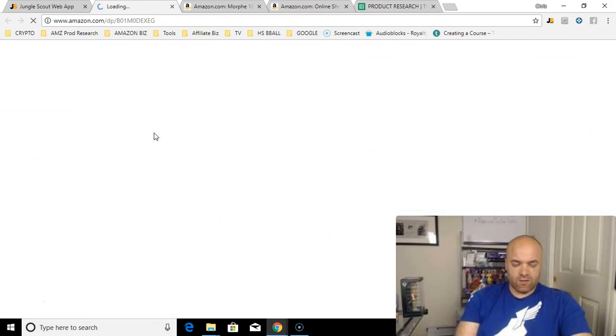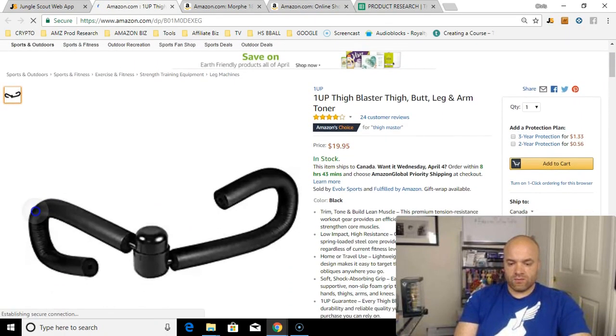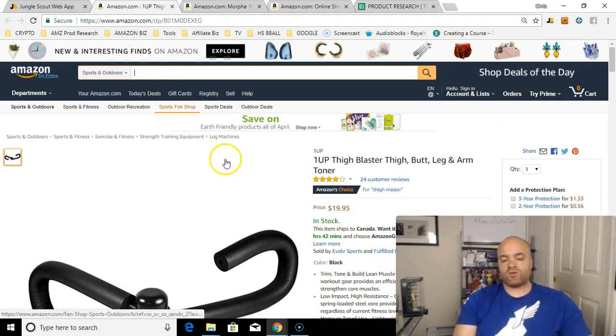Okay, a 1-up thigh blaster. So there we go. These things were around back in the 80s. I wonder if they're trying to reinvent a wheel. So thigh blaster is the keyword. Now when you're doing a search, we want to use our Jungle Scout Chrome extension tool to see